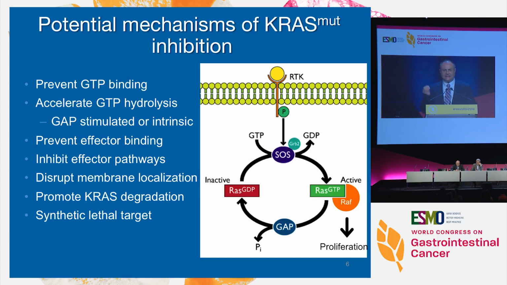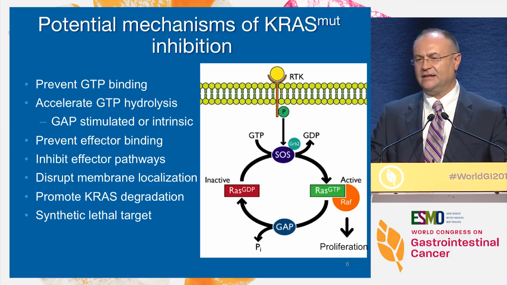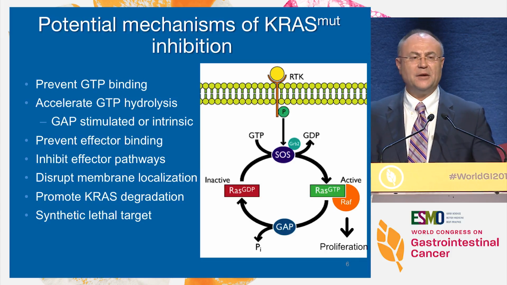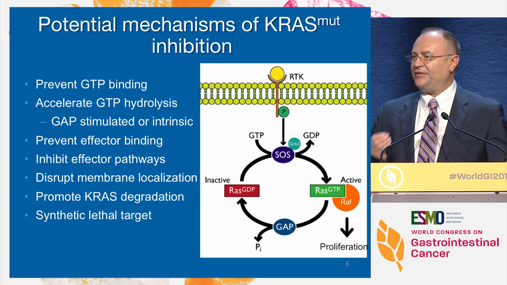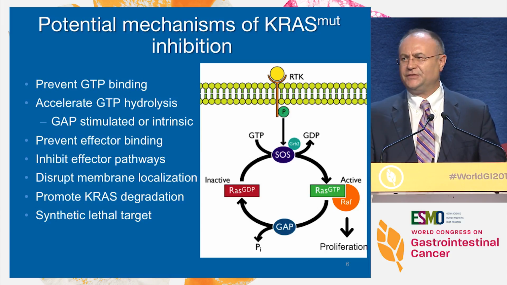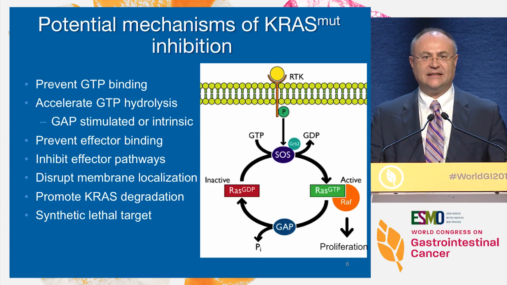You see it is linked to a receptor tyrosine kinase, and then it is interacting with a gene called SOS, son of sevenless. This is a key enzyme which activates the protein from GDP to GTP, which is the active form of RAS. A lot of attempts have been made to inhibit these interactions. But RAS protein is characterized by a lack of drug binding domains. That's the reason you don't see RAS inhibitors left and right.